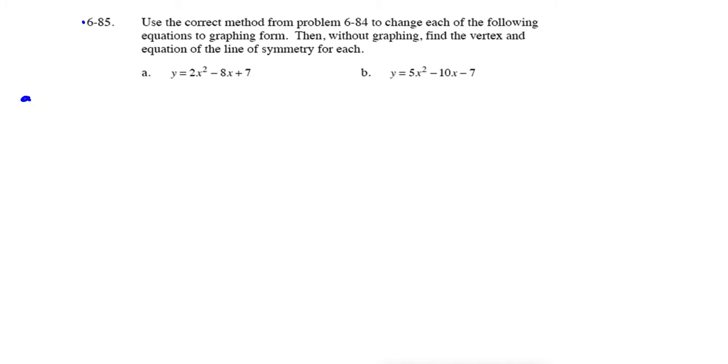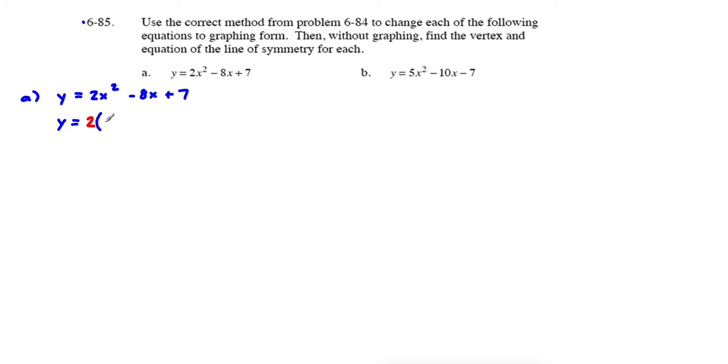So letter A, y equals 2x squared minus 8x plus 7. Kind of just rewrite this over here so we have a little bit more room. Y equals 2x squared minus 8x plus 7. Remember our first step here, we need to identify the fact that this 2 is not 1. Normally when we complete the square, we have a 1 as our coefficient. Let's go ahead and factor out the 2. So we're going to have y equals, and I'll try to color code it again just like I did on that last problem. We're going to factor out the 2